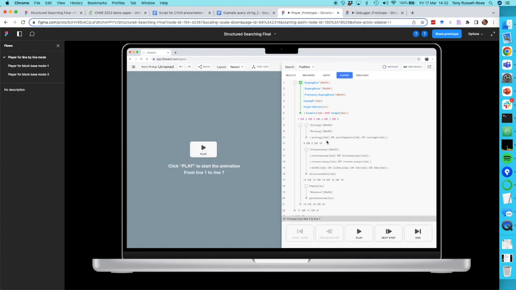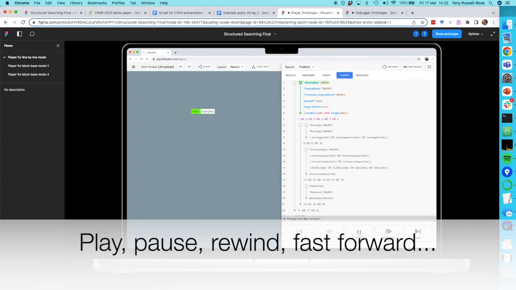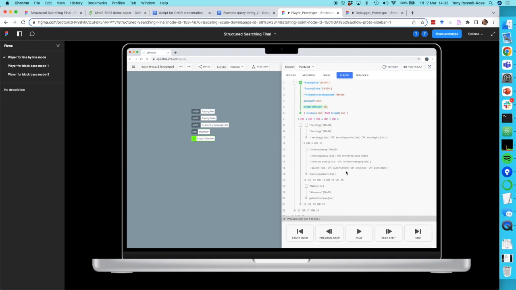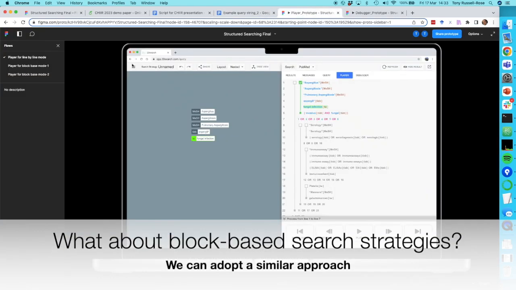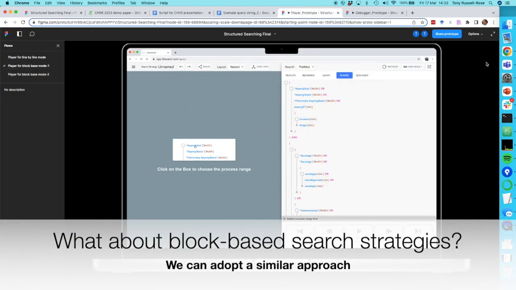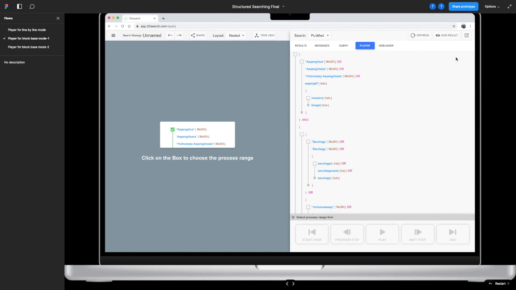And at any point we can pick another area, or we can replay it, and we can pause and step through it step by step like this on demand. So that's what happens with the line by line ones. What happens if we want to have one that is in the form of a block, like we saw with this example here? Well, what we can do now is we can show you another example, and in this case